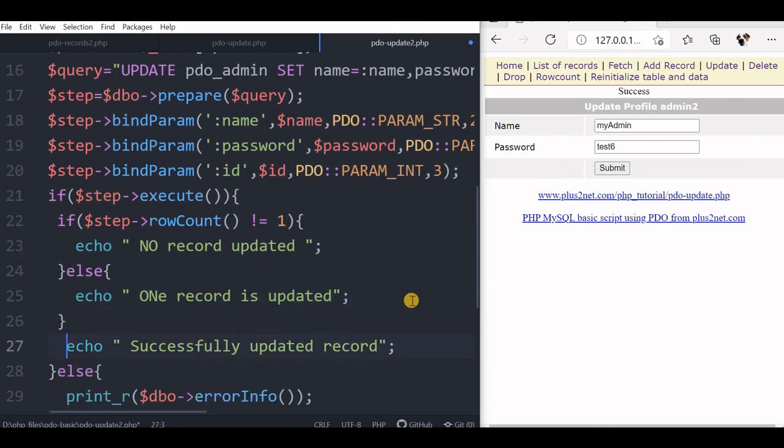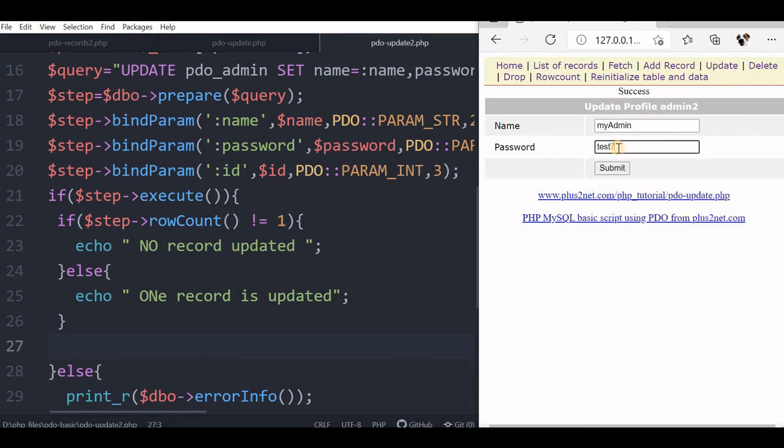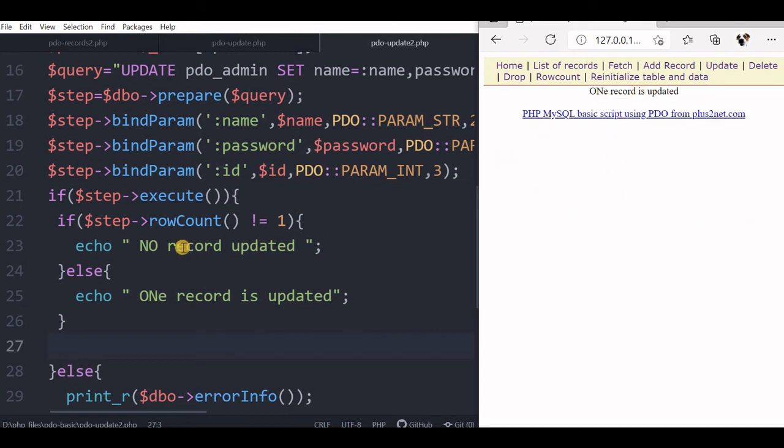Fine. Now you can remove this also. Now this condition here is because only one record is updated, so we can directly use not equal to 1. There may be a command where multiple records are getting updated. In that case this value may not be equal to 1, it may be some other integer value based on the number of records updated. So let's save this and now we'll update this. Let's first change this to a new value. We are putting it as test 7, so we expect one record to be updated. So one record is updated.